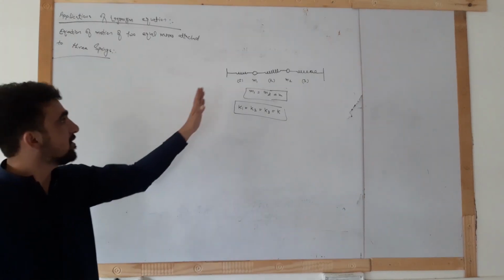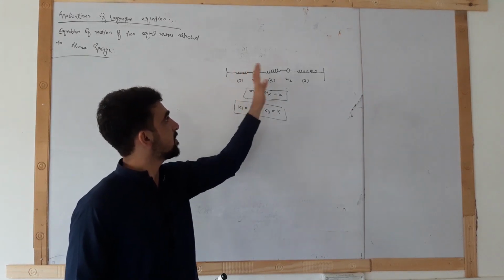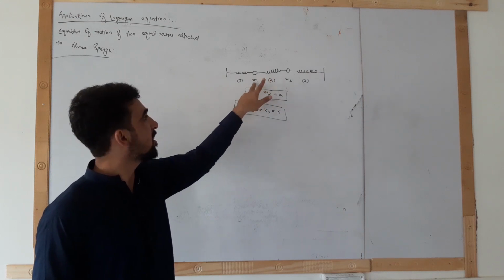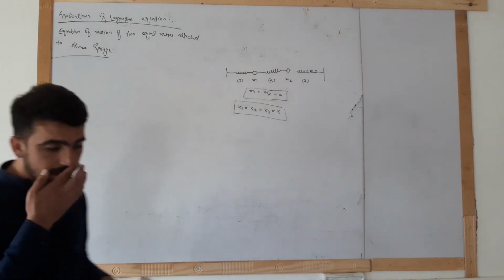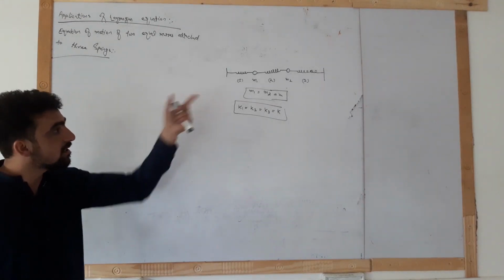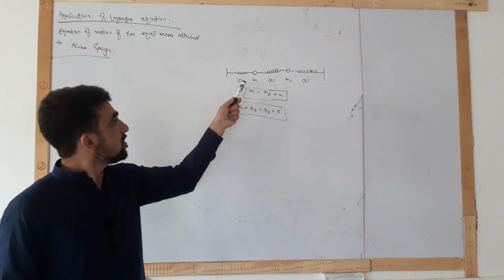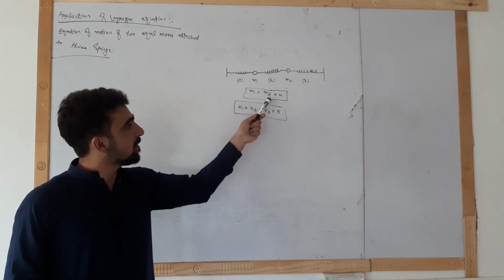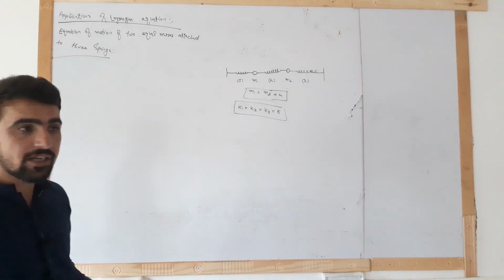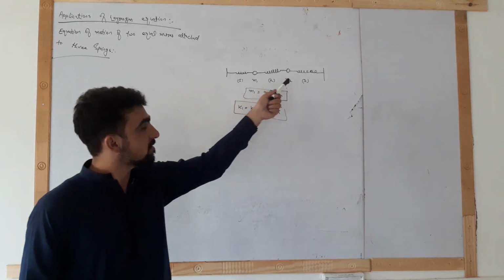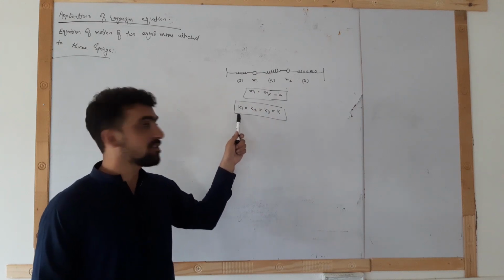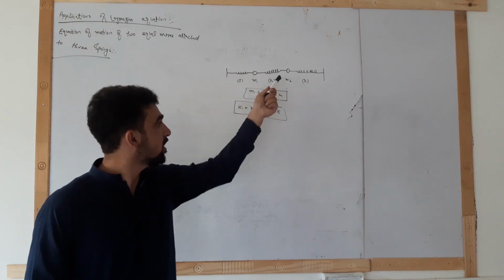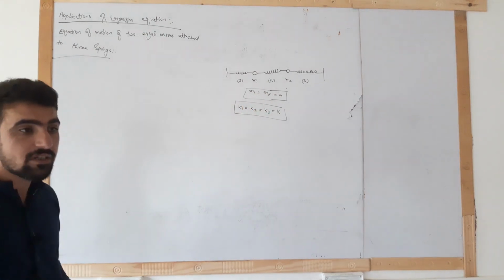So, we have considered three springs, let us call them spring 1, 2 and 3, and two masses, two objects or two particles, that is M1 and M2, that are attached to the springs in the given figure. Here we are using the condition that M1 is equal to M2, and for simplicity I am just calling it M. Similarly, the springs that we are using have the same spring constant, that is K1 is equal to K2 is equal to K3.